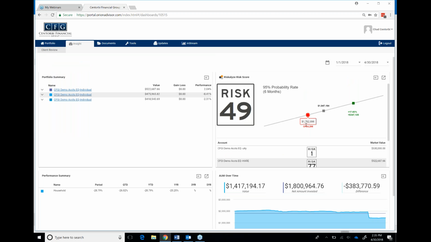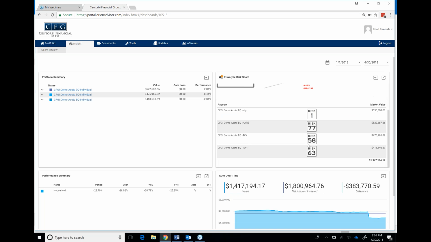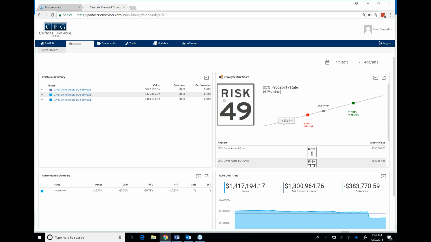Here's the risk. Just a quick review on risk. We look at risk from 1 to 100, 1 being basically the most conservative, 100 being the most aggressive. So we're showing a risk of 49. There are 4 accounts in here. One of them has a risk of 1. One has 77, 58, and 63. But the net weighted risk across all these is 49, which is going to give us